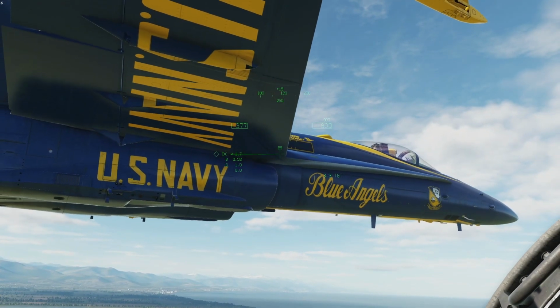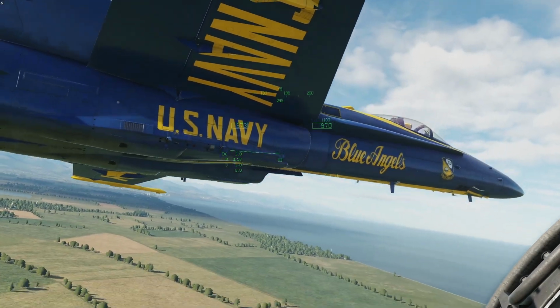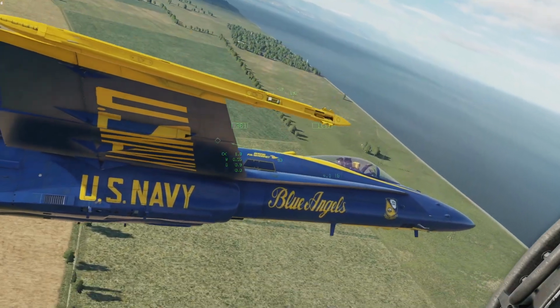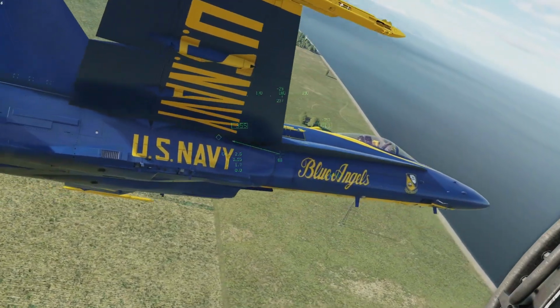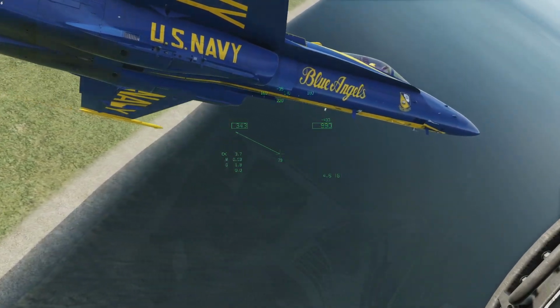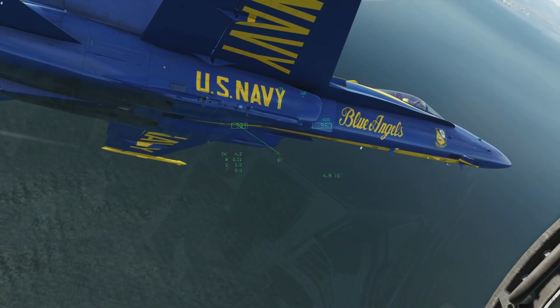So here we go, approaching away from crowd, coming left, easing power to idle, he says, which means he is slowly easing his power back to idle. Looks like we're getting a little ahead, so easing more power, and then he's going to say, comes the pull. So now pulling around the corner,